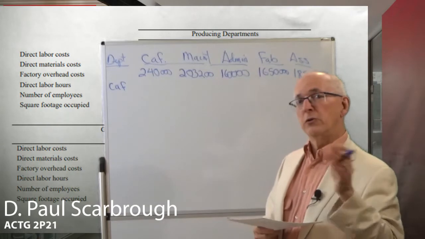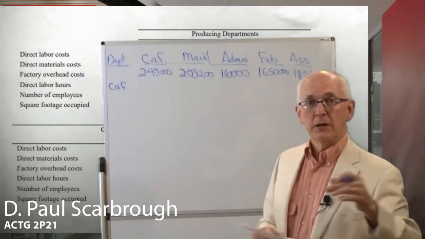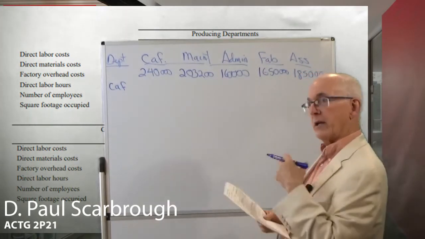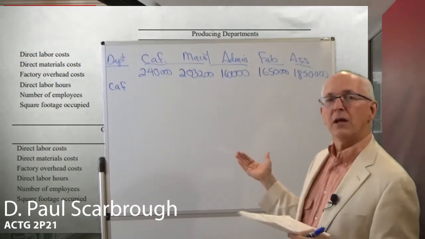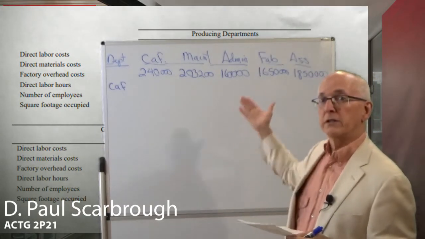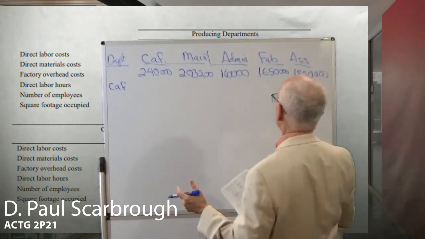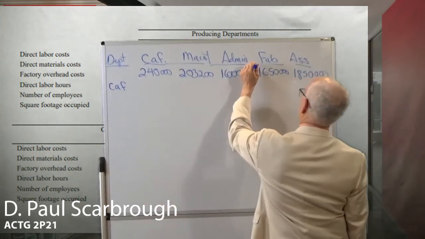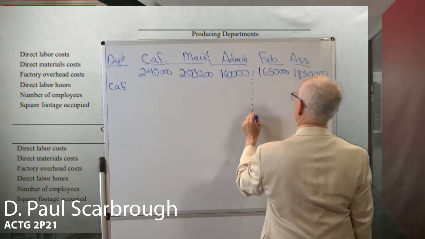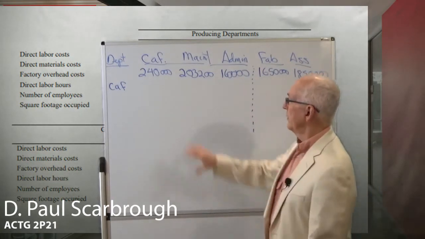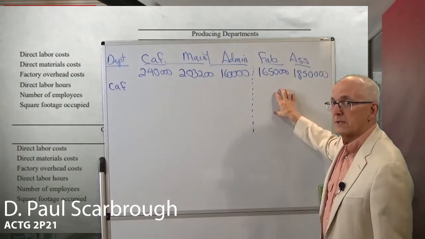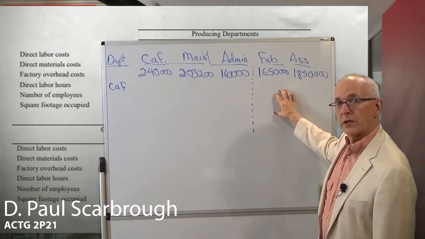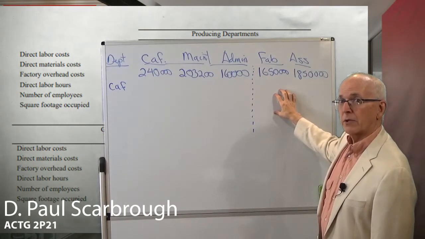You have two different questions that you can be asked with this type of data. And right now, the question I'm asking you, and then asking myself, I guess, is what's total overhead cost in the two departments? Okay, so step one is we have a magic line in our brains. All these costs have to be transferred over to here. That's all we're doing. And that's what we call the allocation,